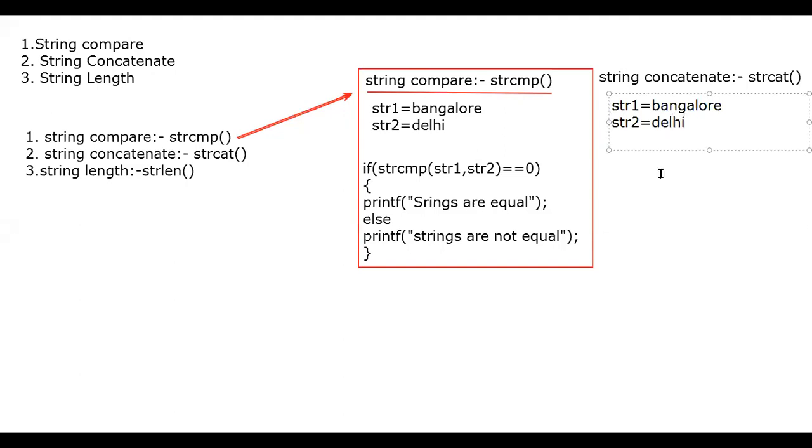When I use string concatenate, strcat of str1 comma str2, then the output is going to be displayed as